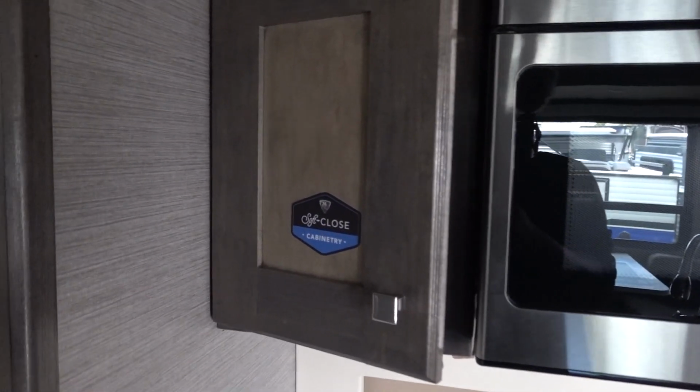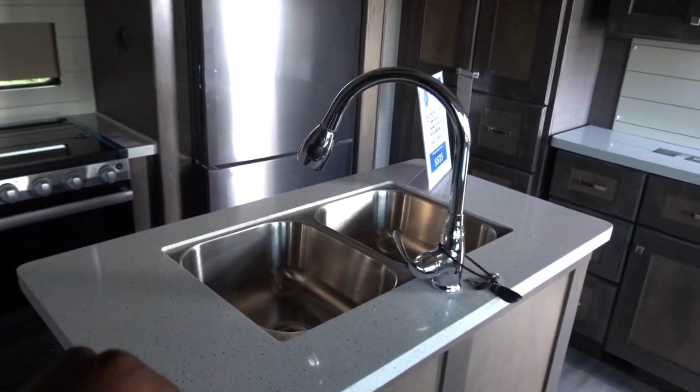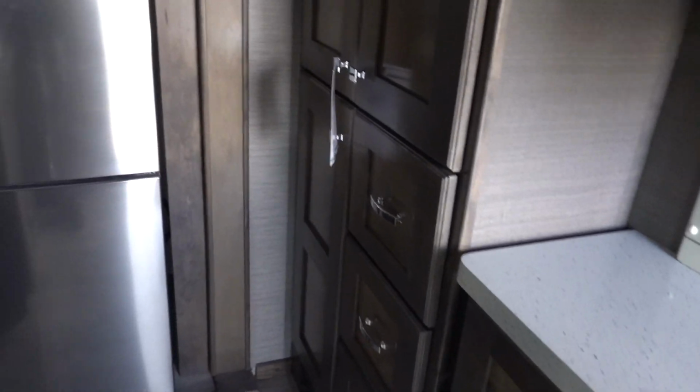I'm starting to see this more and more. Soft close cabinetry too. That's something else that I saw that the Beacon had. And even they provide a backsplash right there. Nice island. This too was in the Beacon. And more countertop space there. Now, I don't know that they give you power. Yep. Power just below, and a residential refrigerator,